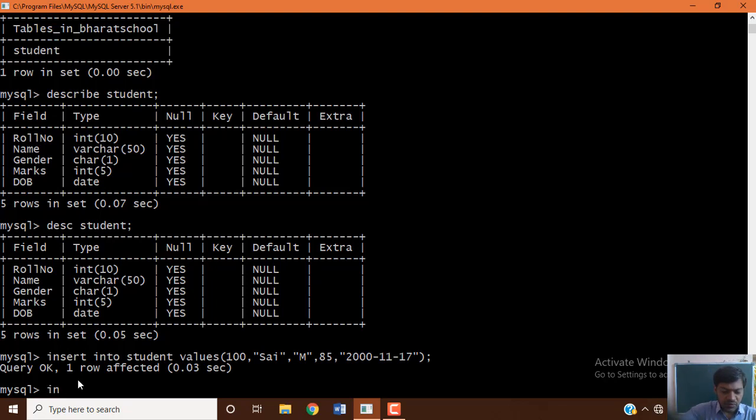In the same way, I explained multiple record insertion. Insert into student values. Now I will go for 101 and name, then gender, then marks, then date of birth.